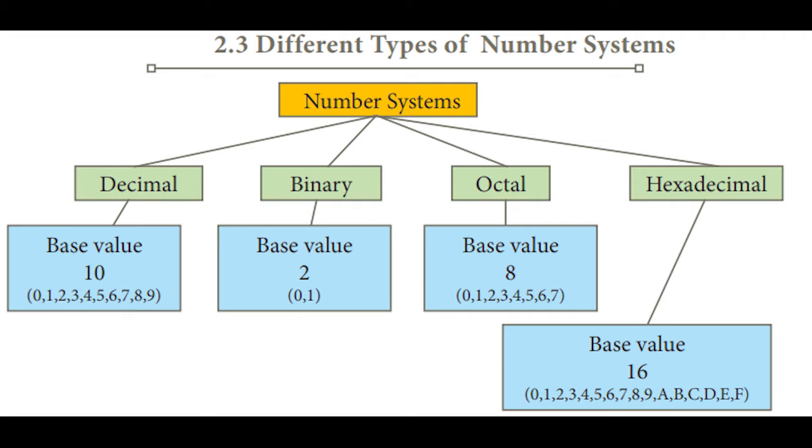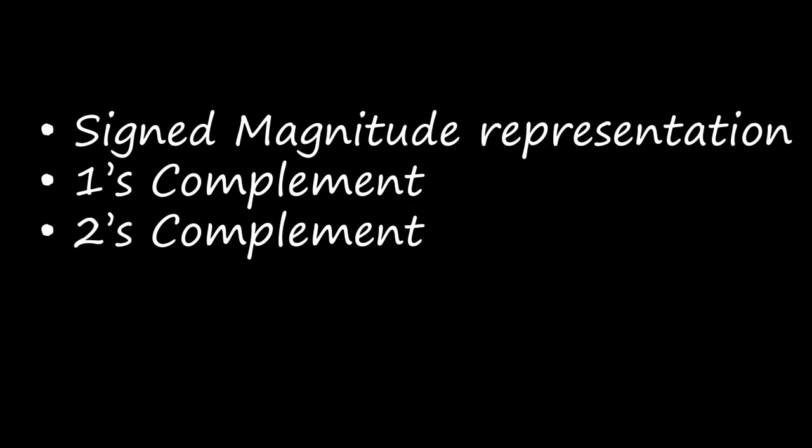And last session we saw the binary representation for signed numbers. Here we saw about the signed magnitude representation, ones complement and twos complement, right? This ones complement and twos complement can be found only for negative numbers, right? If they give a positive number, you have to mention there that the given number is positive, so we cannot find the ones complement or twos complement. You can give the answer like that, right?